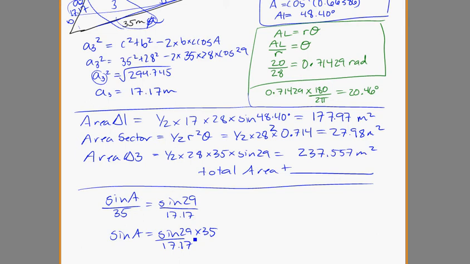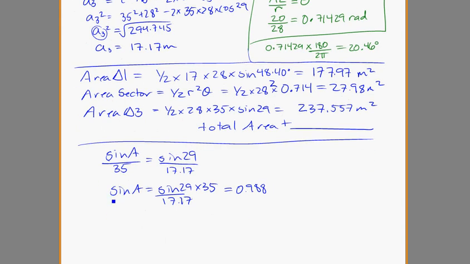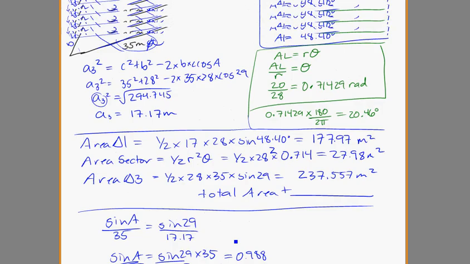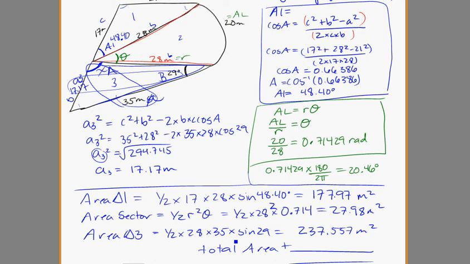So plugging it into your calculator, we get a size of 0.988. And remember our last step, because this is saying sin A, we have to do sin inverse of 0.988 to get angle A in that case, and so angle A is 81.209, so x is equal to 81.209 degrees. So there are many more things you can actually solve for here, but here I've done an example of